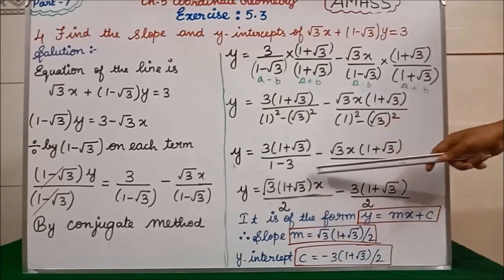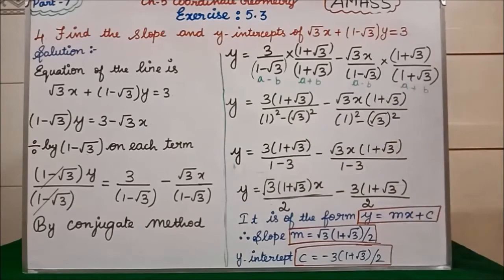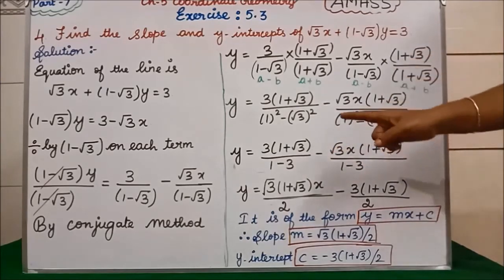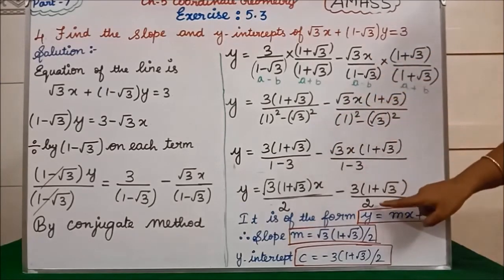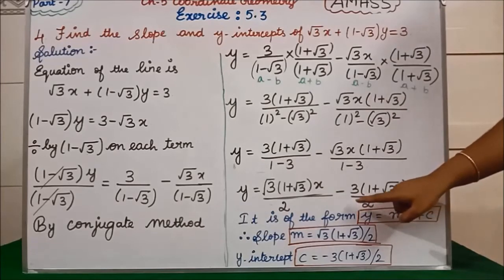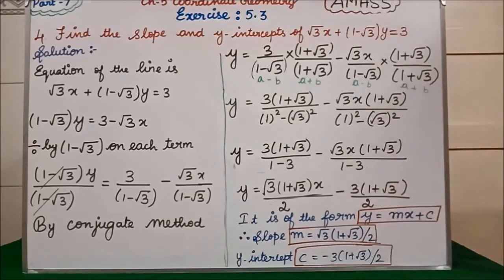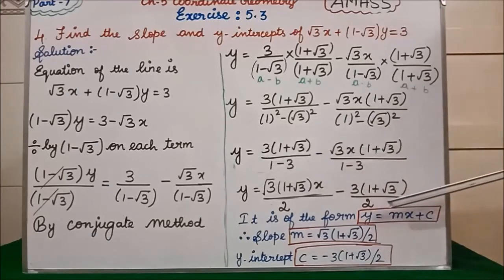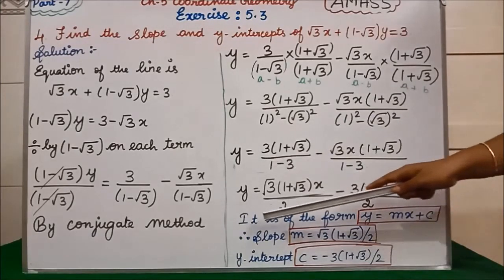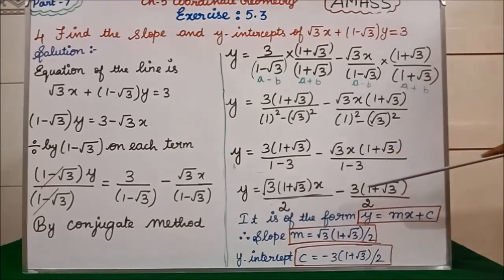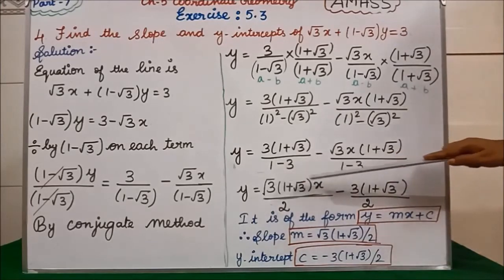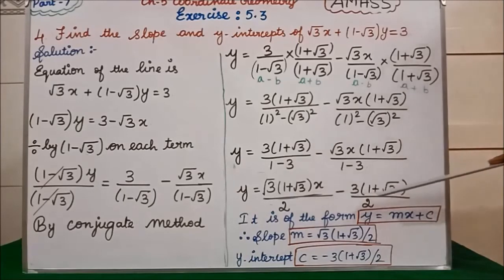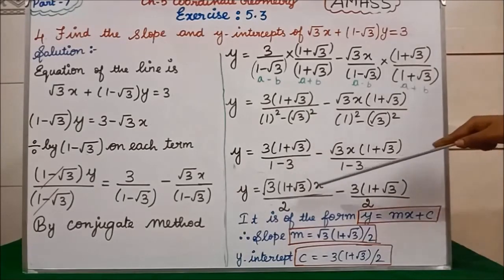Constant means we don't have any variable. Variable means what? x, y, z. These are the variables, we are not having anything yet. So this is what? Constant. So here 1 minus 3 is what? Minus 2. So denominator we will have 1 minus, no. That minus we have written in the middle. Clear? 3 plus this full term we are writing here. Clear? So now it is of the form... now it has become in what form? y equal to mx plus c form. It looks like that, isn't it?